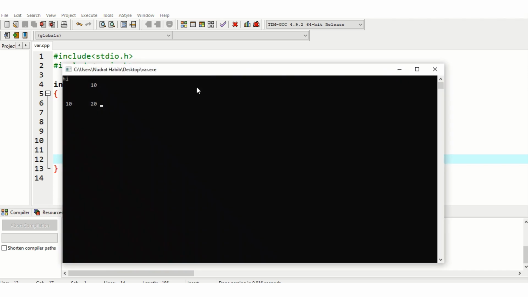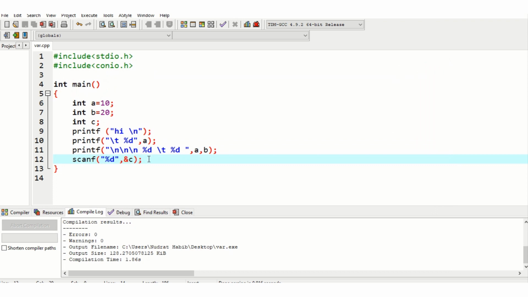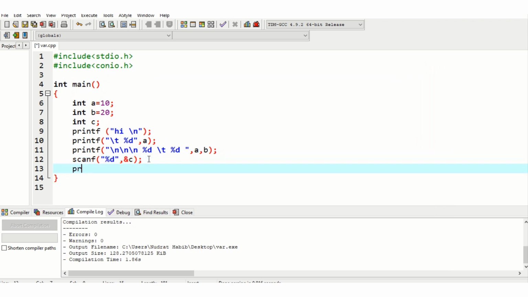See, now we will also display to see if the value is entered and saved correctly. Percentage D. Now we are printing the value of C, so we don't need the ampersand sign.